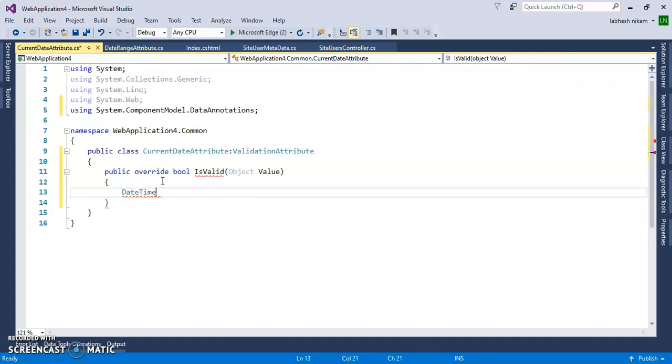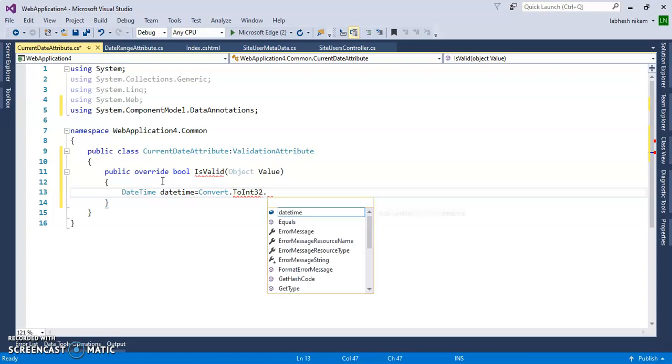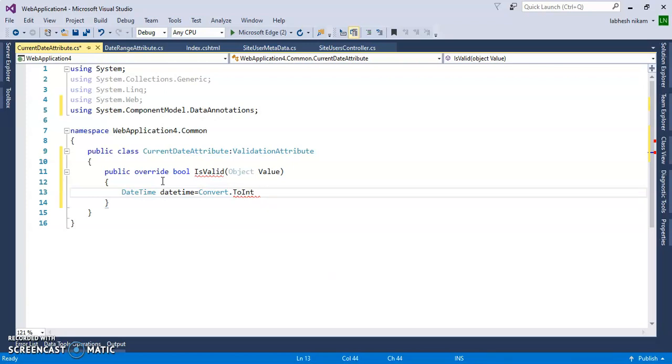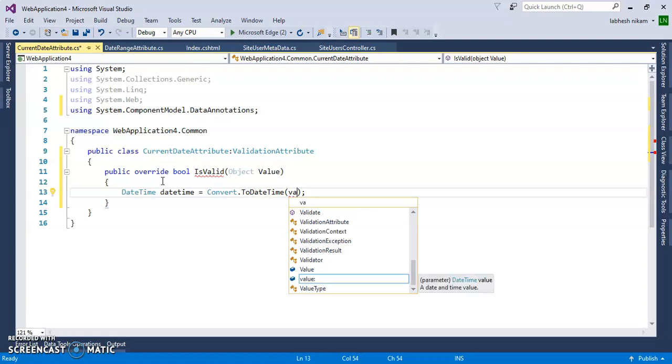So DateTime, the object name is dateTime, equal to Convert.ToDateTime, and pass inside of that the parameter value.